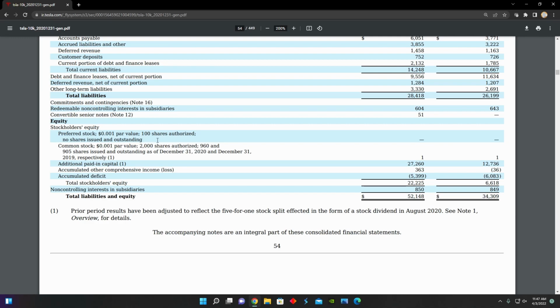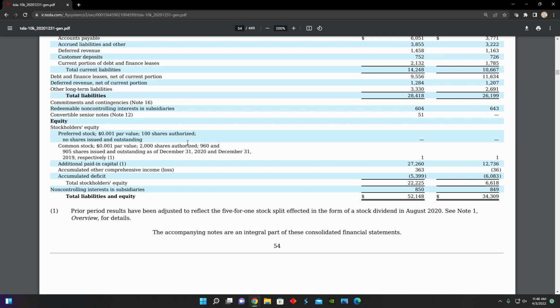So that's basically what par value means. It's just an outdated metric that really doesn't hold much bearing in today's financial system. And there are some companies that have gone as far as to just not even use par value anymore. They just issue stock and they don't even have par value on their balance sheet. They just issue stock at whatever share price they want to issue it at. Then right here we see 100 shares